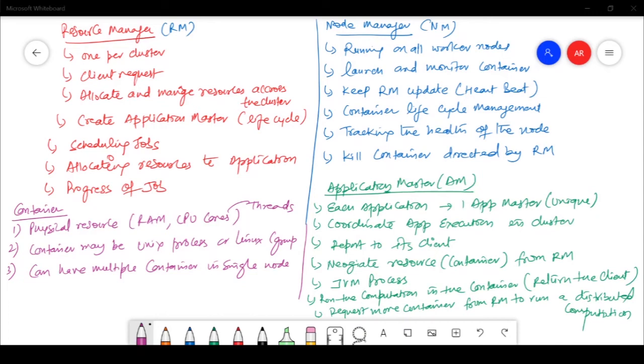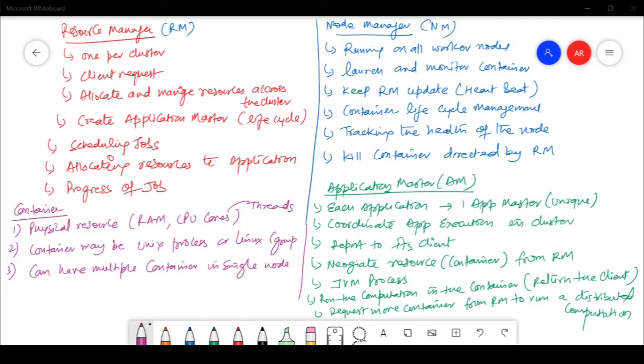So you know that the container which you have allocated to the application master is not quite good enough. So you need some more containers, then you will spawn a child container in some other node. So that means you will negotiate these resources, meaning containers, from the resource manager. Because if you need three developers and I am giving you two developers, you have to negotiate that I need one more developer. This is a negotiation.